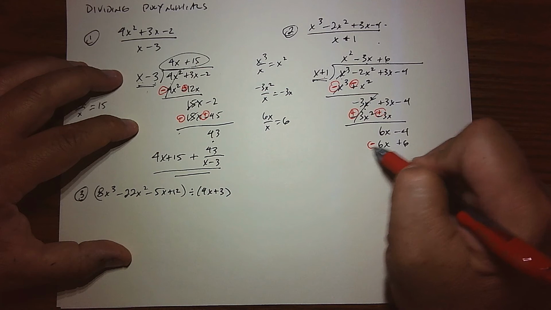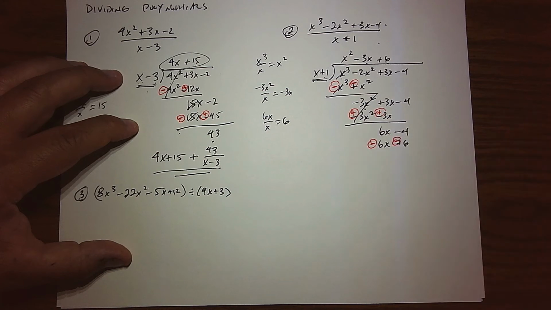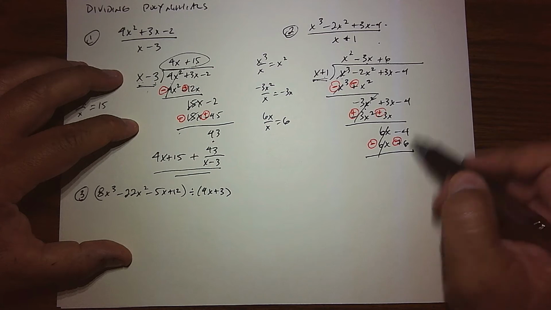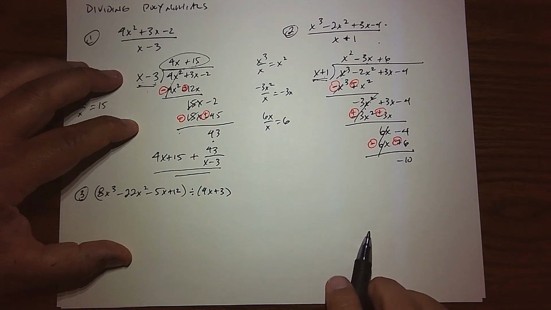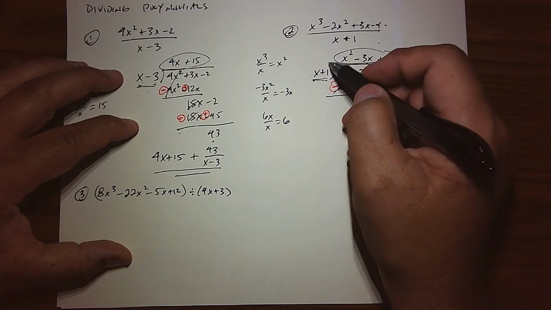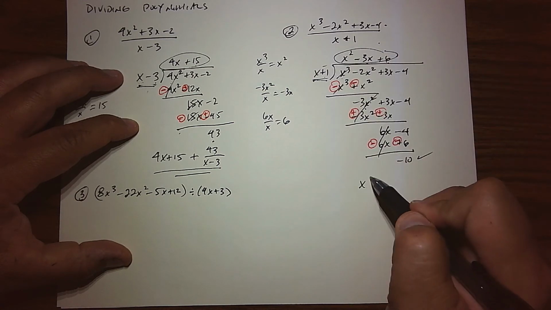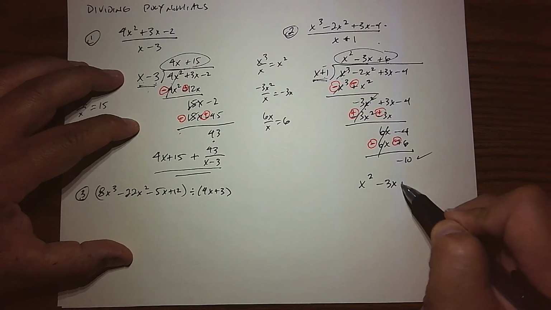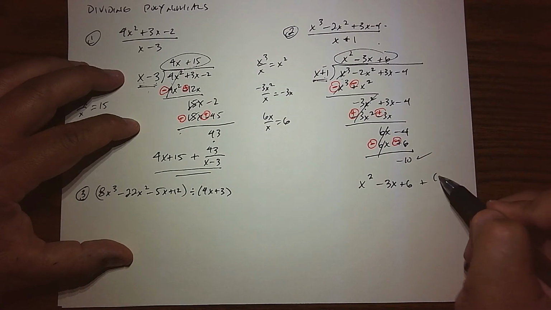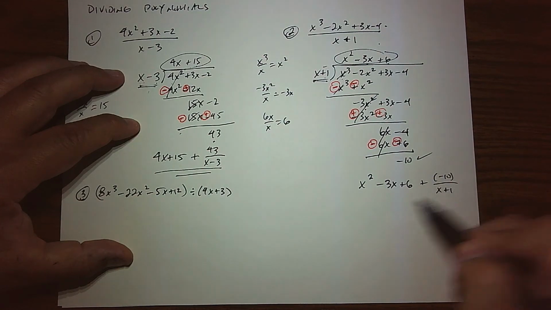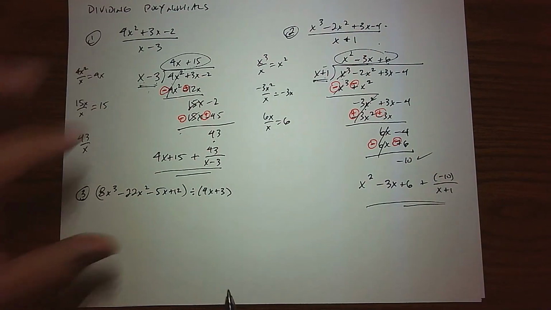Because we're subtracting, we go through a sign change. The 6x's cancel out, and a negative 4 and a negative 6 results in a negative 10. So there's my quotient, there's my remainder, and there's my divisor. So our answer is written as x squared minus 3x plus 6 plus a negative 10 all over x plus 1. And I guess I didn't need those parentheses there, but